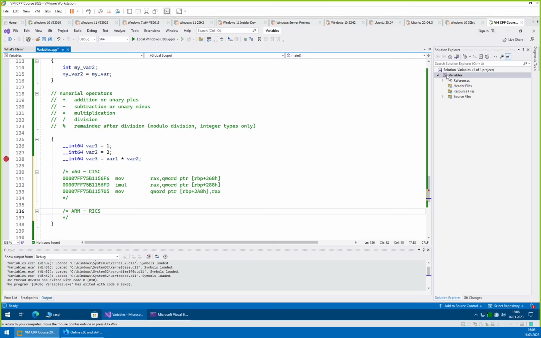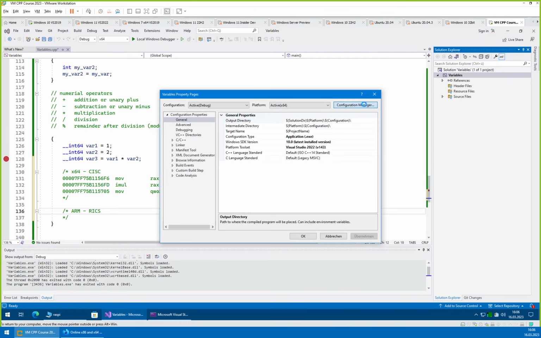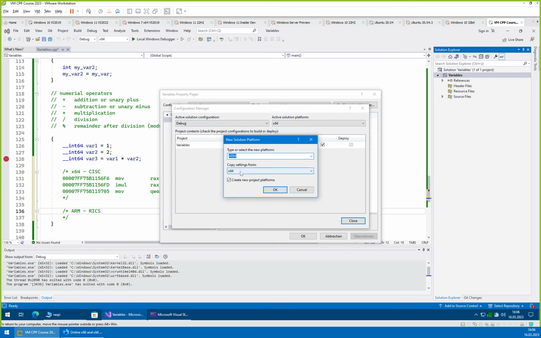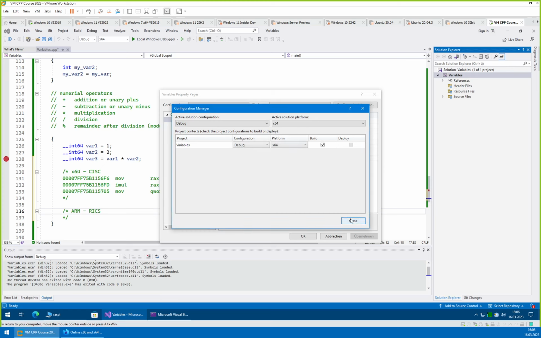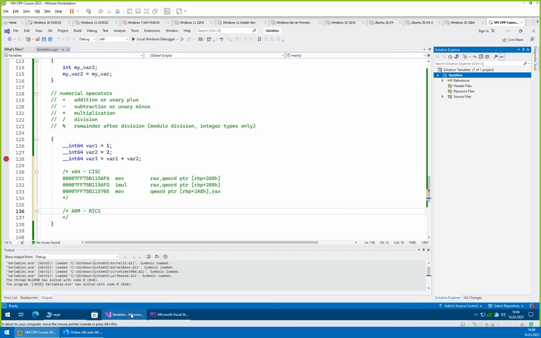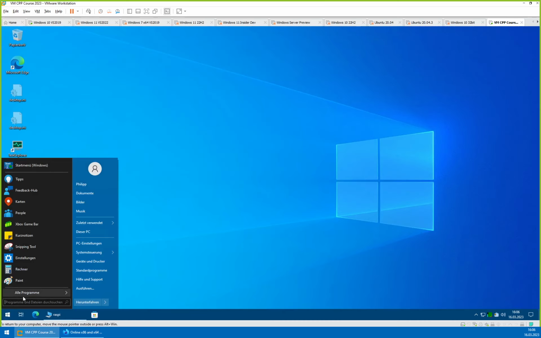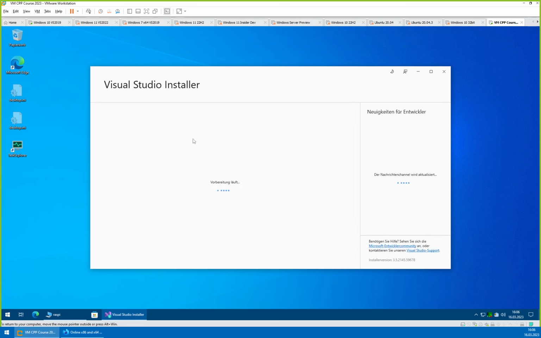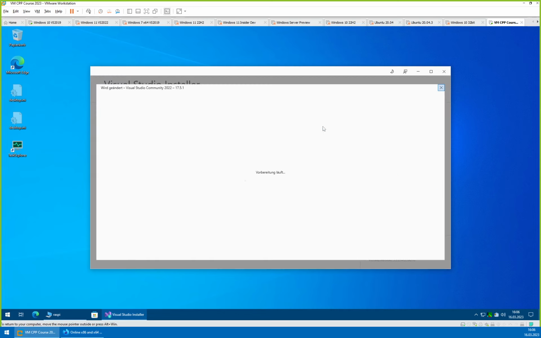So now let's go to our project settings and add some ARM platforms. So we go to the configuration manager, new one, ARM. Let's go with that, but that will be 32-bit ARM. Okay, that is not great. I need to add this component, I think, to Visual Studio. I might have forgotten to do it before. It should not take long, since it's just one small compiler toolbox which we're missing, and then